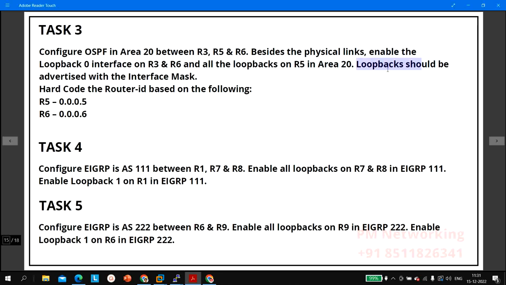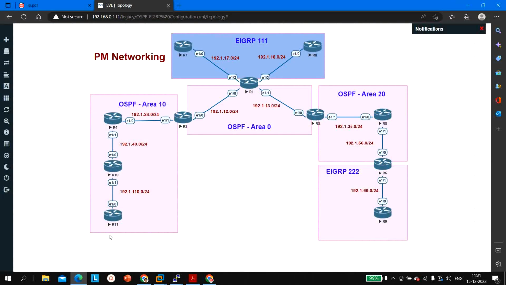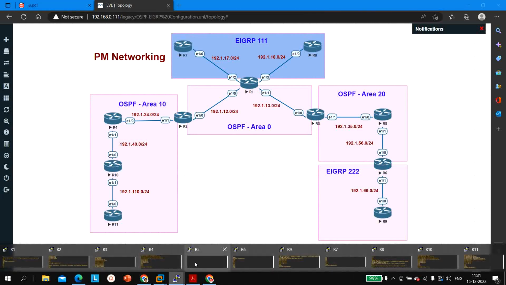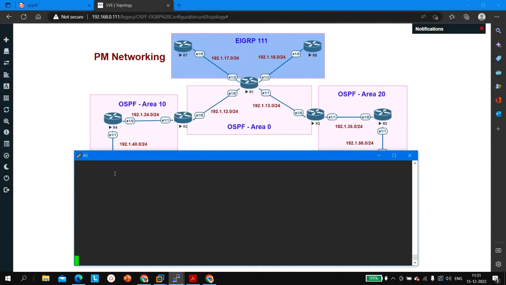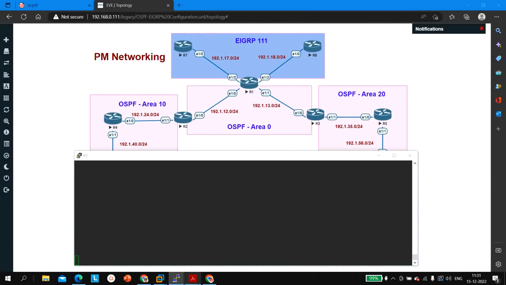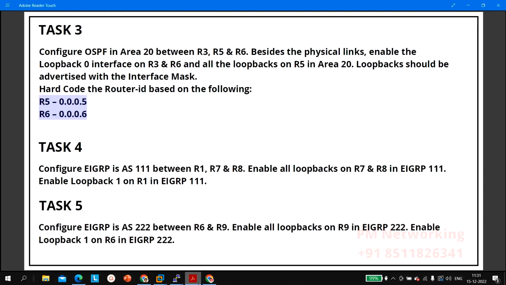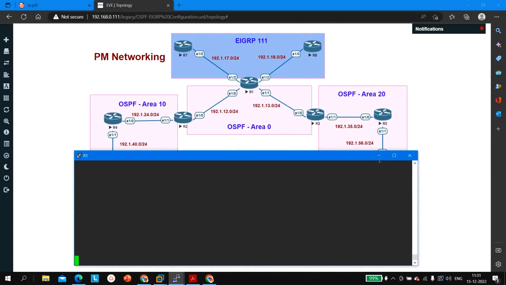Okay, loopback should be advertised. Okay, router ID of router 5 is this one, okay, fine. Now go to router number 5. Okay, 3, 5 and 6. So first of all go to router number 3,